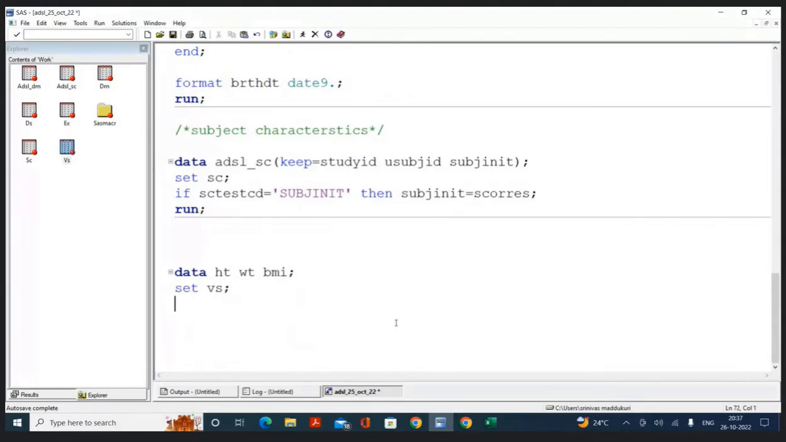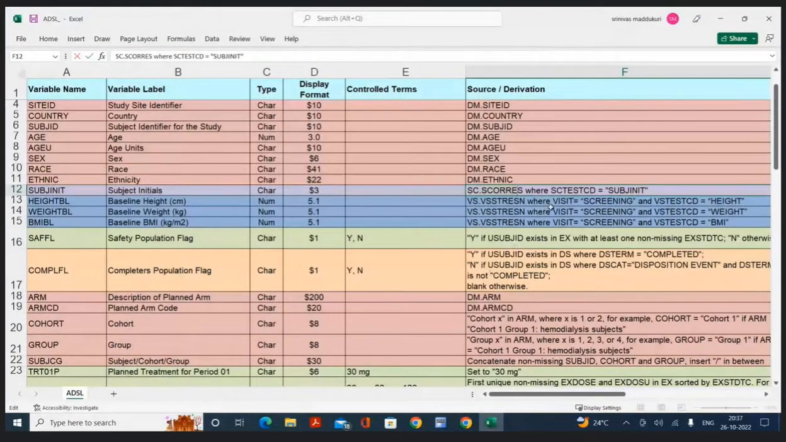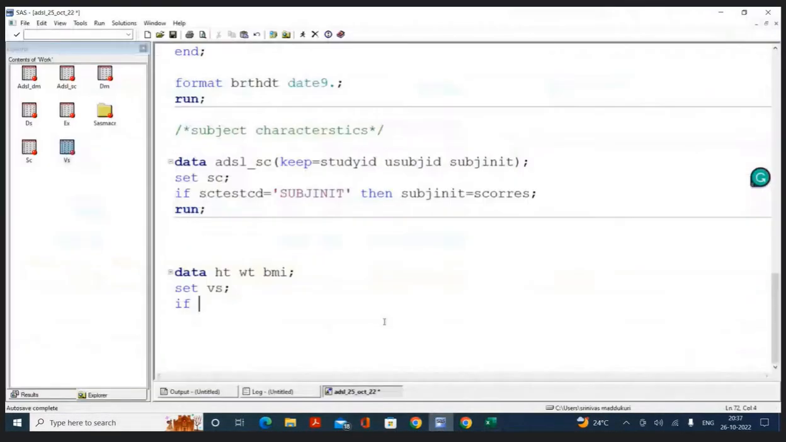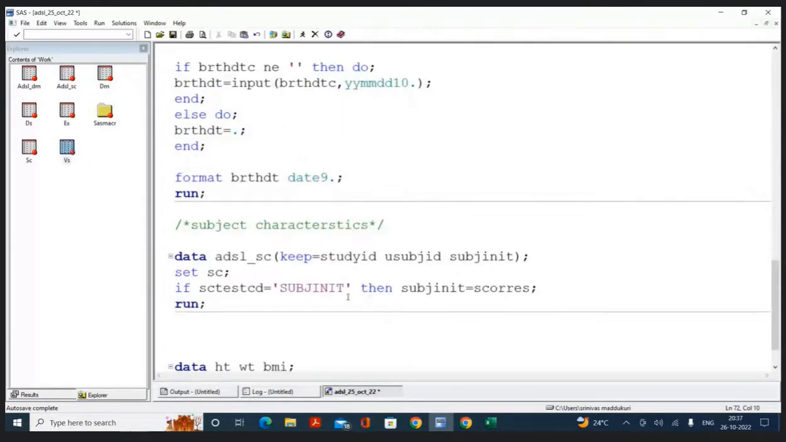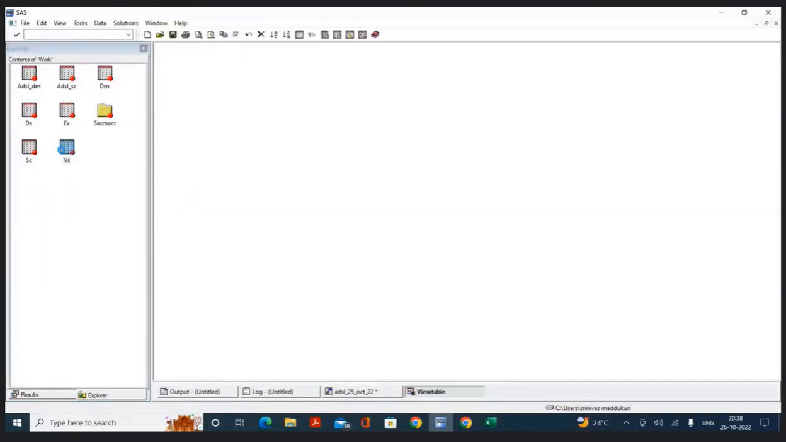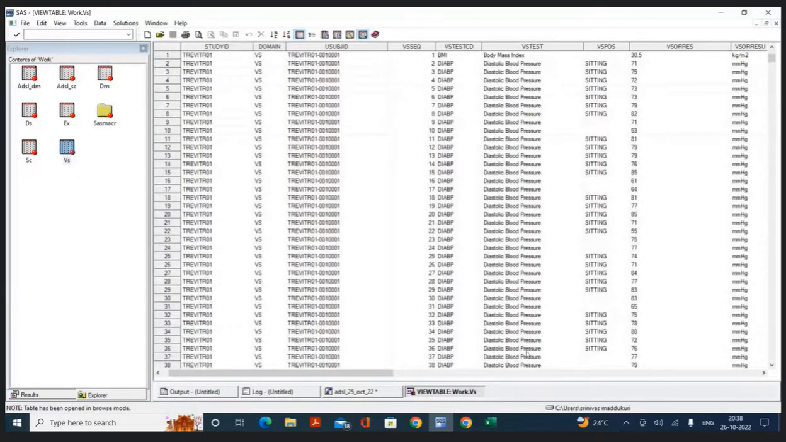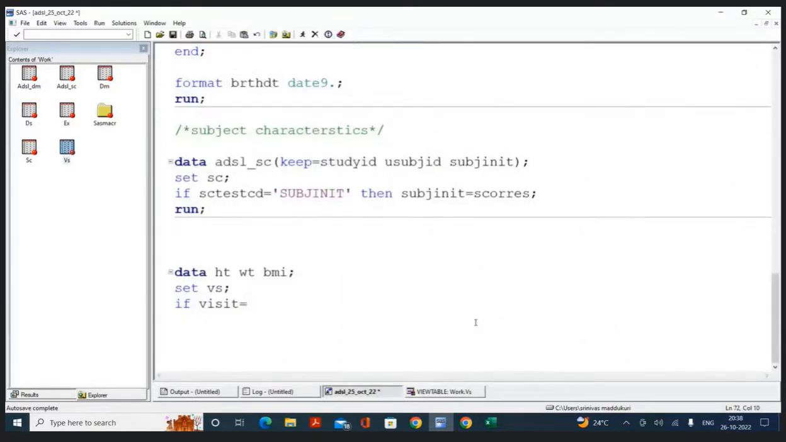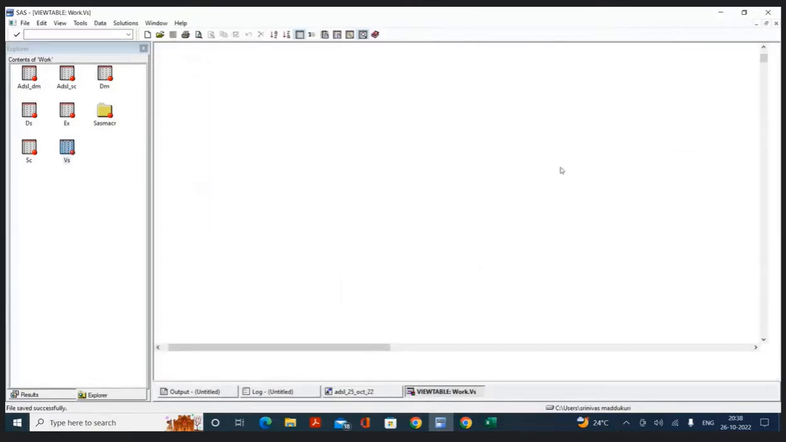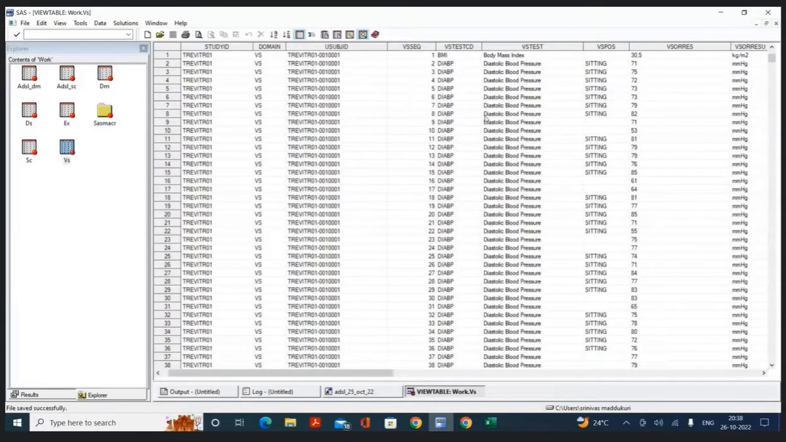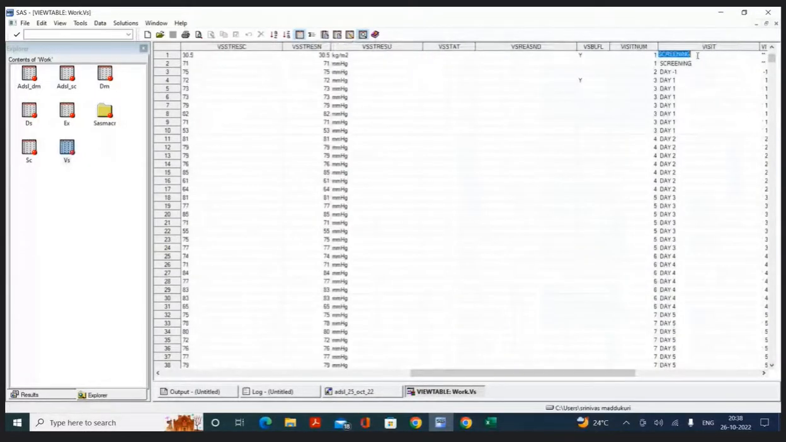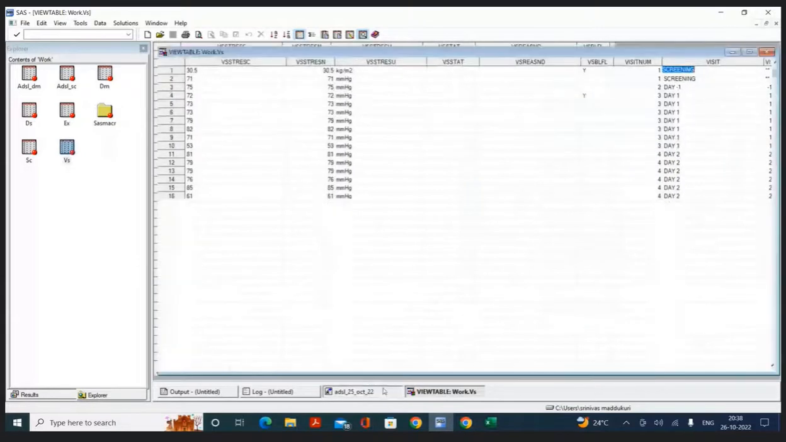Okay. Now tell me the condition. What is the condition I can write now? By seeing this one, can you tell me the condition? If visit is equal to screening. It's character data, case sensitive. Why should I take that? I will go to the vital signs data set. In the vital signs where we have a visit variable, in the visit variable, here we have a screening visit. If visit is equal to screening